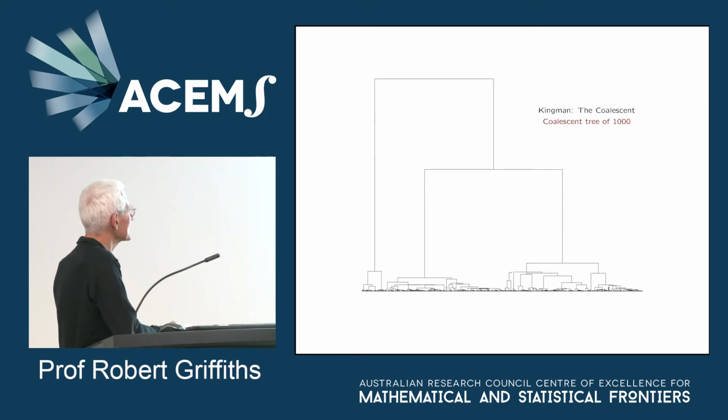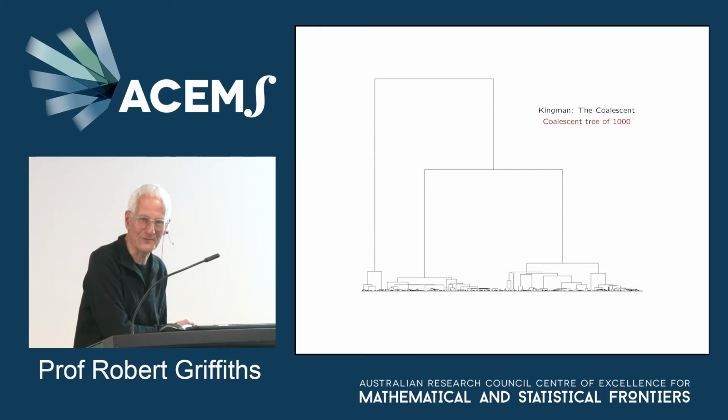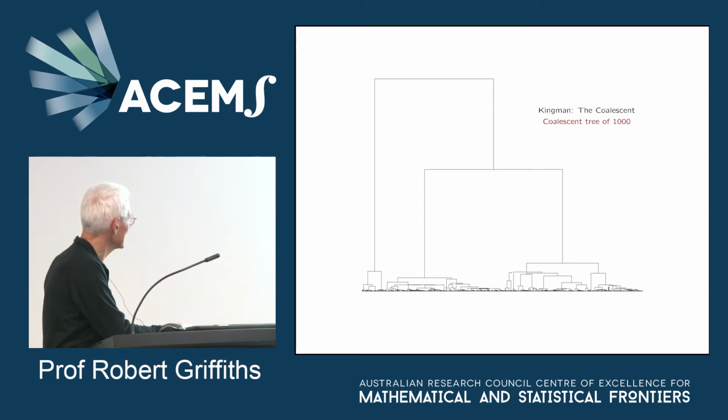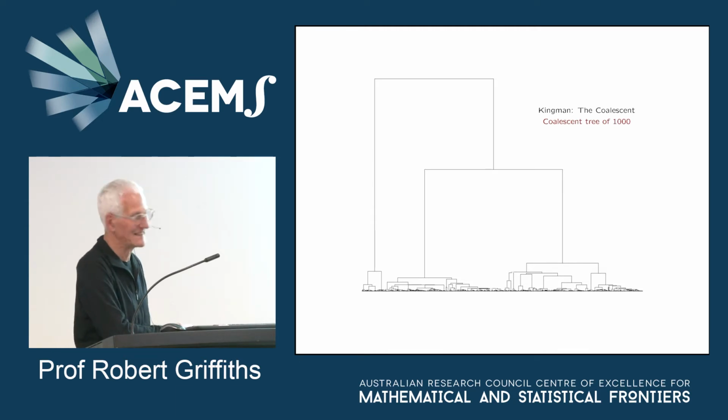So this kind of tree, if anybody knows about branching processes, is different from branching process trees. The height of this kind of tree is always about 2 units. It doesn't go on forever, and there's no question of extinction here. It doesn't go extinct. This would be called the most recent common ancestor of the tree.